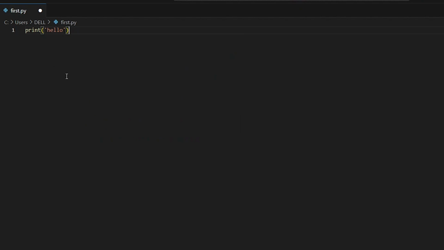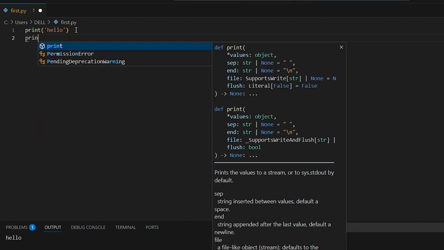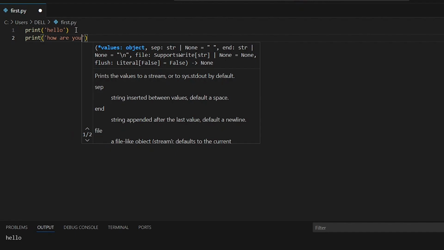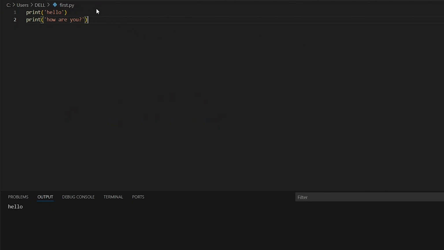And we can go ahead and click on this icon, this run icon here, to run the program. So I'll click on it and you can see hello in my output. So if I type another statement, let's say print how are you, it is going to run the two statements, hello and how are you.